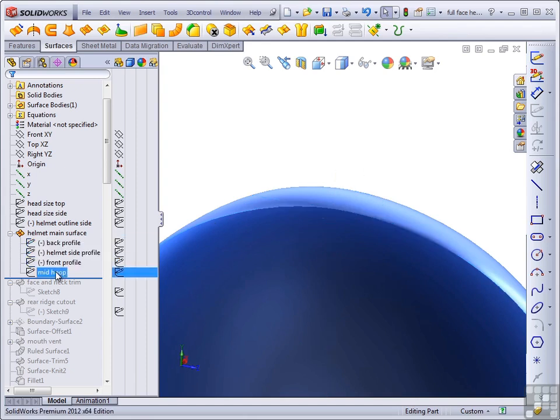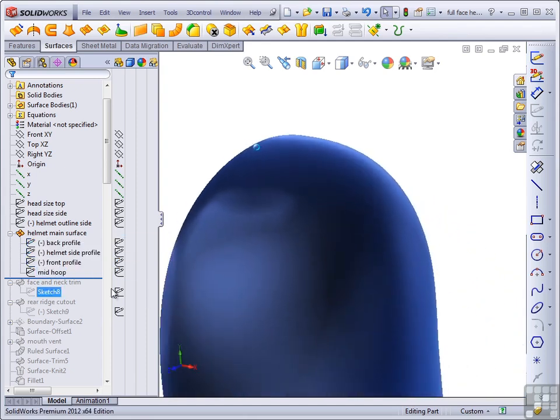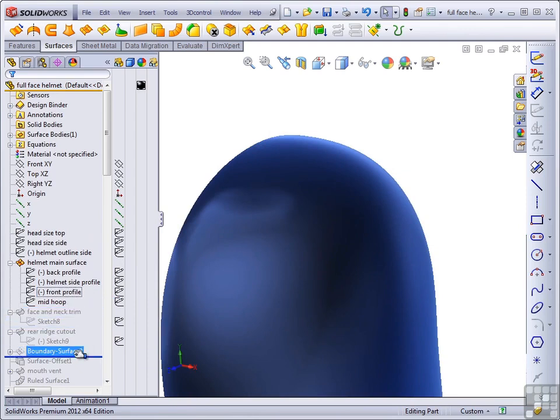Let's continue for the time being and look at creating these ridges in the back. The trim